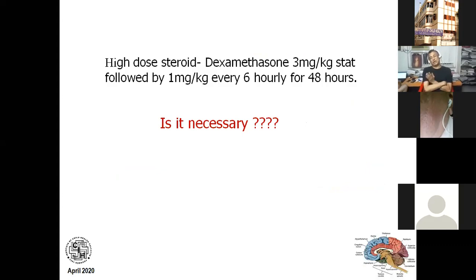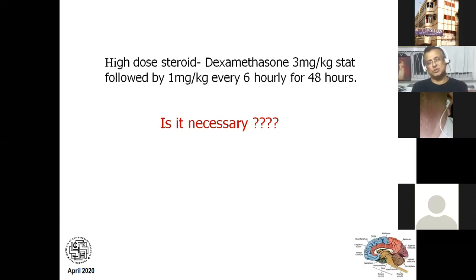And think of the huge dose of dexamethasone. Are you justified to give this dose? And if you give this dose, a very important thing will happen. You are going to mask another important complication of typhoid, that is intestinal perforation, and you will hasten the bleeding from the typhoid ulcers. So never ever give dexamethasone in these doses. We have treated so many typhoid cases, and even if we have given dexamethasone, we usually give it in much lower doses.